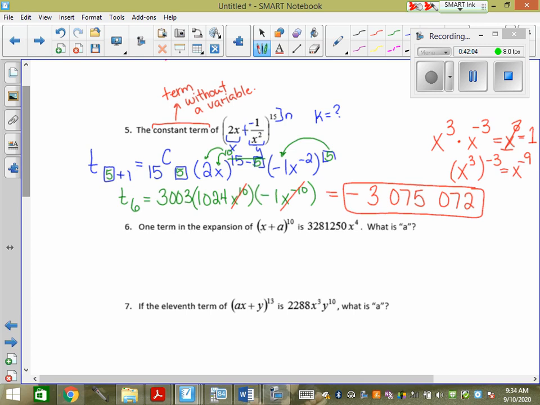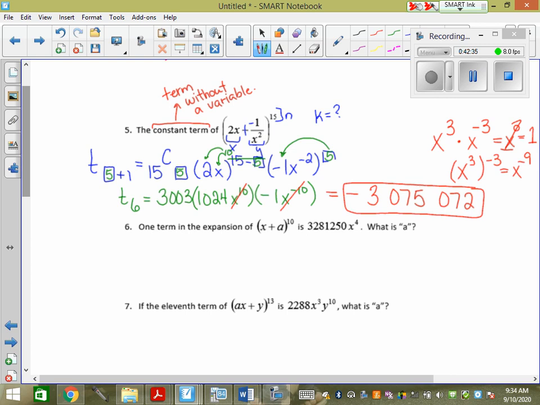So what have we done so far? We've done ones where I give you what the term is and you find it. That one's easy, right? K is just one less than it. I told you middle. So you take all your terms, expand them out, and find the middle term. I've asked for a constant term. What I haven't done, which I'm going to do right now, is I've always asked you for the answer. Have I not? Now another option is they'll give you the answer and make you find a piece of the binomial.